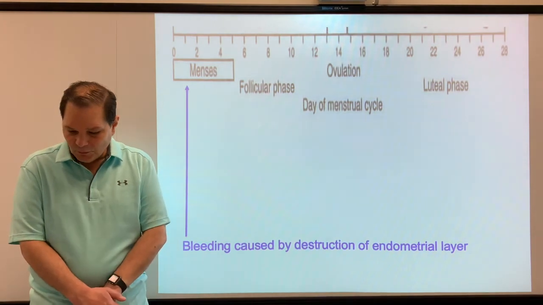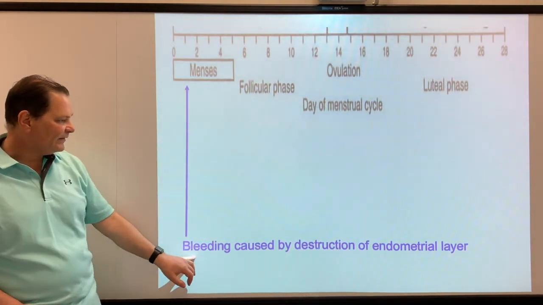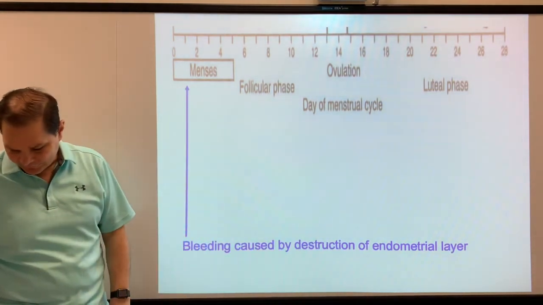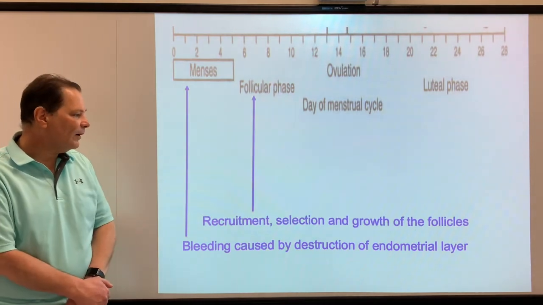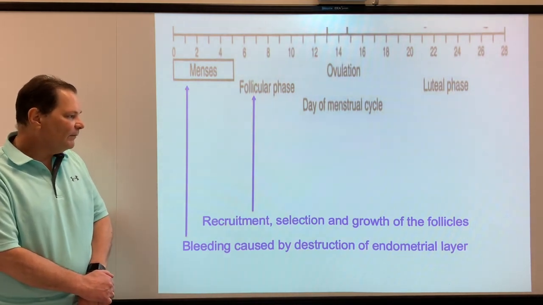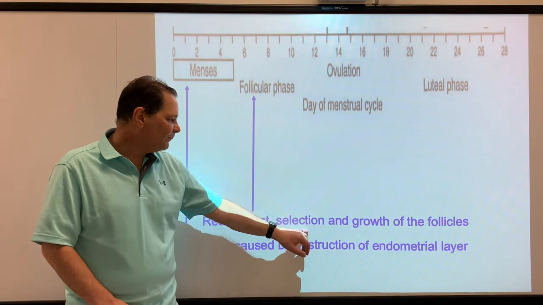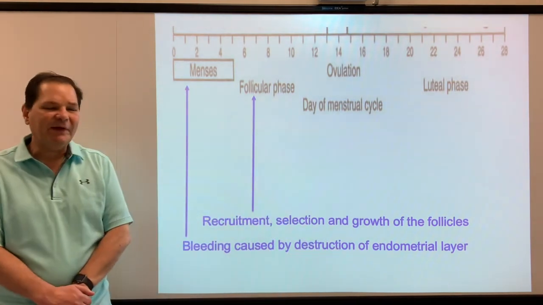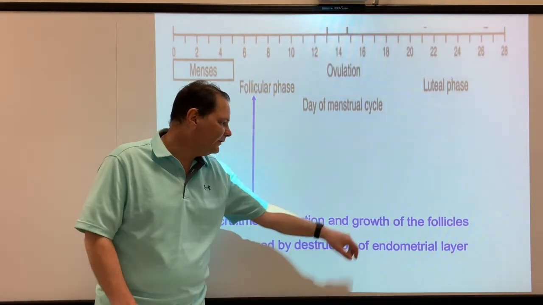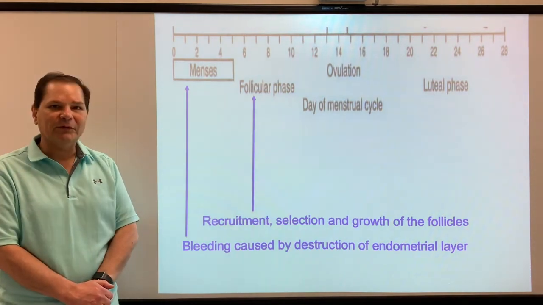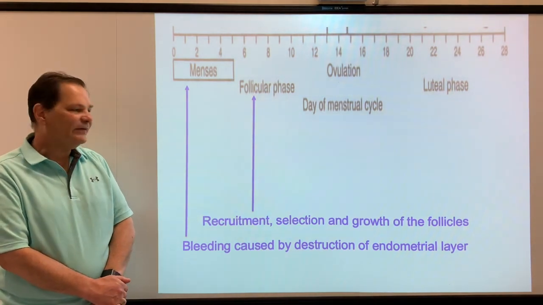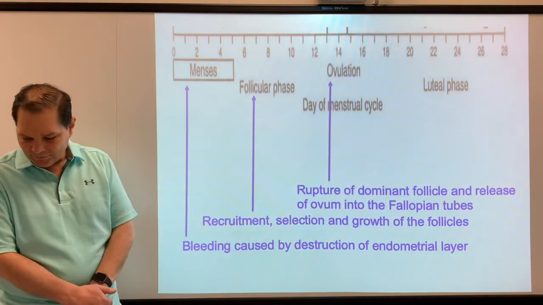Again, we have this menses phase. That's the bleeding caused by destruction of the endometrial layer, which is being built up during the luteal phase. We have a follicular phase where follicles, which contain your oocytes, are recruited for development. And then as that phase progresses, selection will take place until one dominant follicle is selected, and after some progressive growth, eventually the selected follicle dominates, and that's the one that ovulates during ovulation, which is